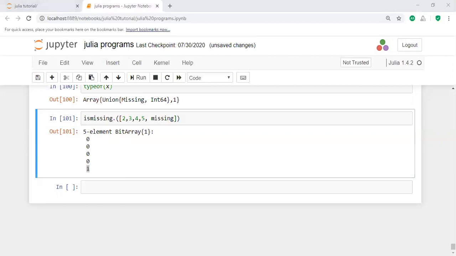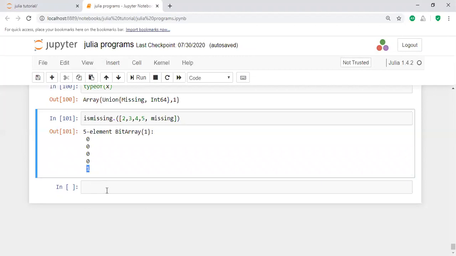That means this ismissing function is used to get the missing values. How can you handle these missing values? Sometimes you may skip them. How can you skip the missing values? By using the skipmissing function.